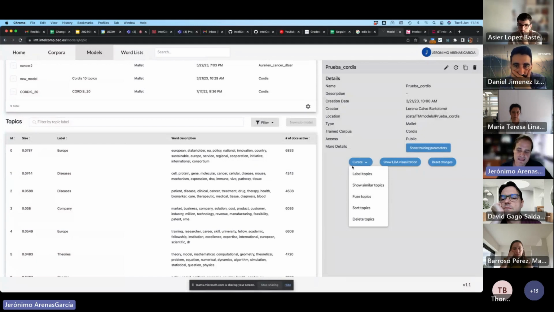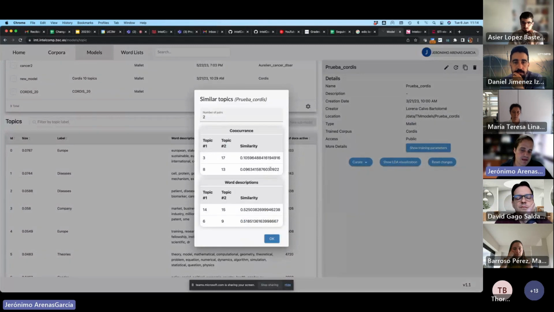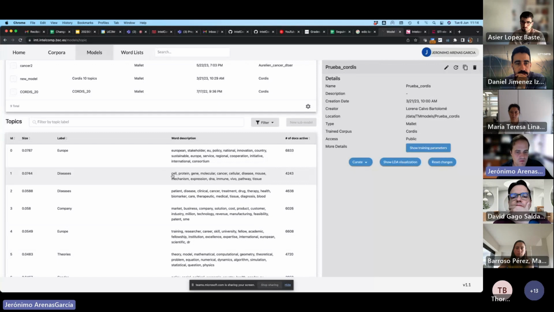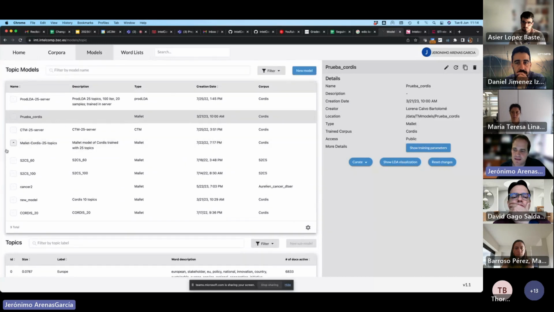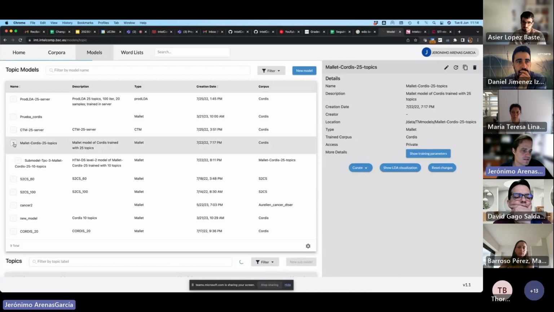And the tool itself provides some information, for instance, about the topics which might be considered very similar, as an aid for the user to decide what to delete or which different topics should be merged. Okay. And then the final functionality that we have incorporated into the tool, which can be visualized with this particular one,